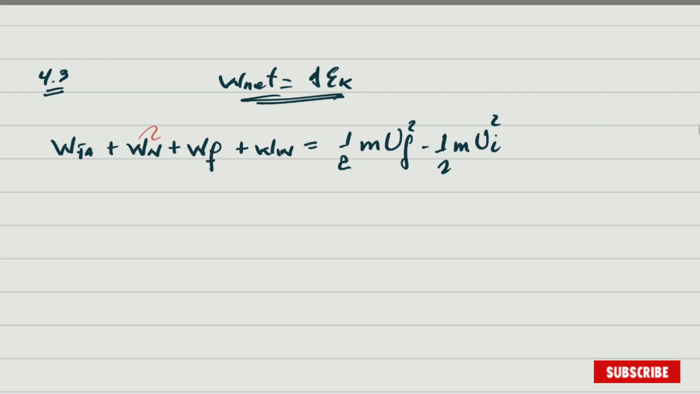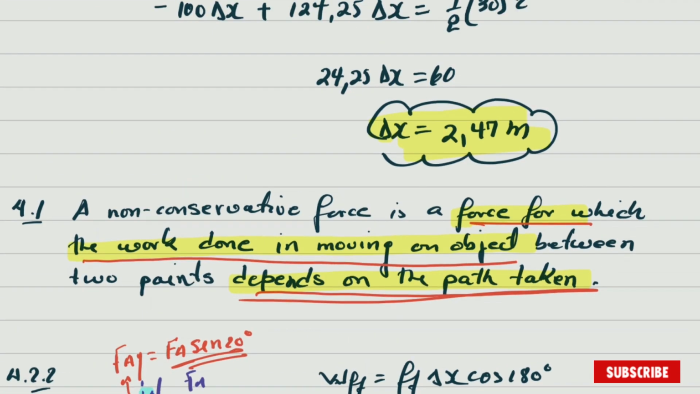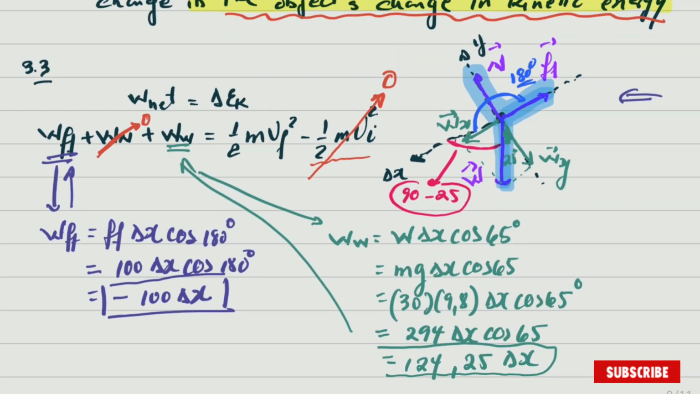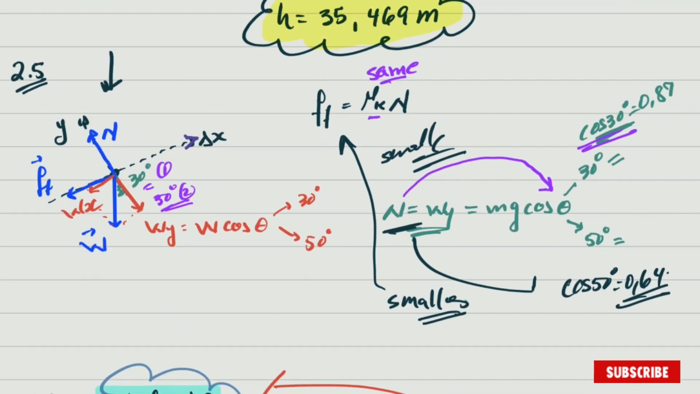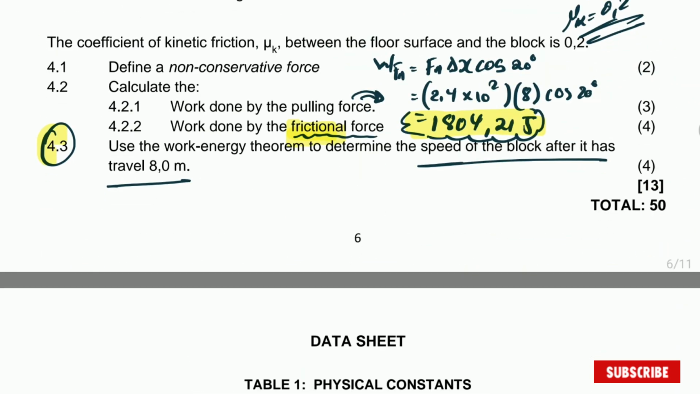If we go back here, the work done by normal is 0, as well as the work done by weight, and the initial speed is also 0. The object did start from rest. And then all we have to do is substitute the values we already calculated. As you can see, here is the work done by the applied force in the question. I'm going to show you real fast. There is the work done by the applied force,